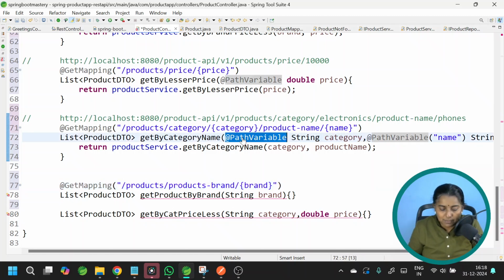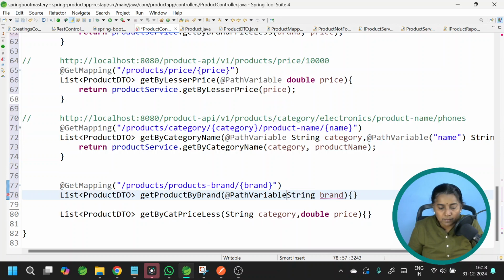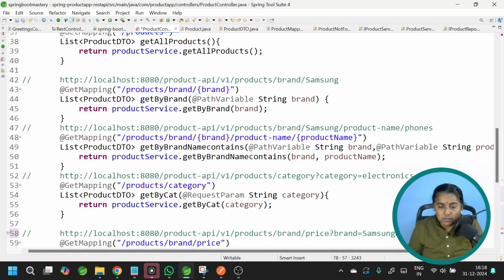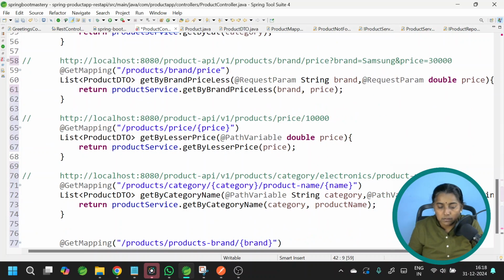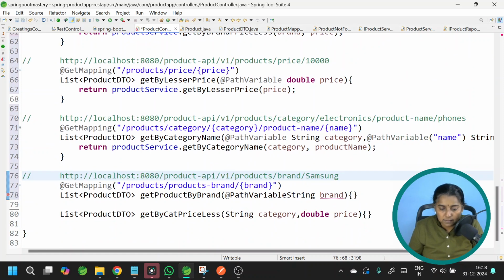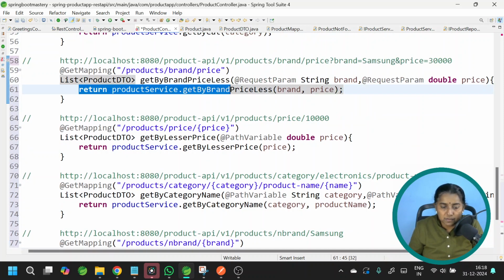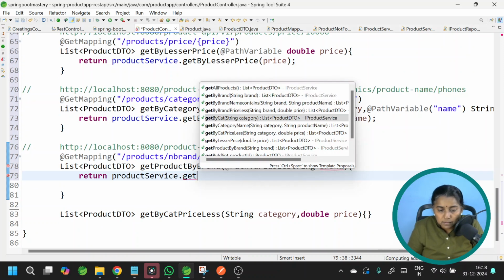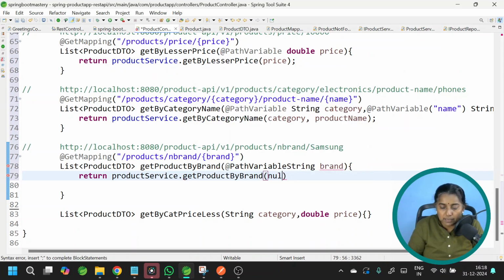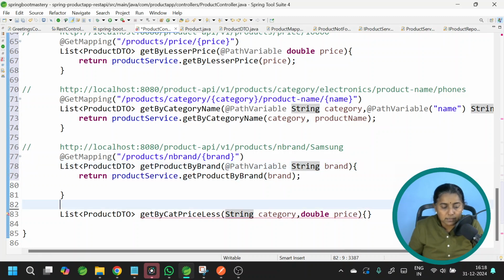And let us add path variable annotation for this and add the URL. This is for brands. This is products/brand. Maybe let me change it to N brand or something. This URL is way too big, N brand. And call the method return product service dot get products by brand by passing brand. Okay, and the last method